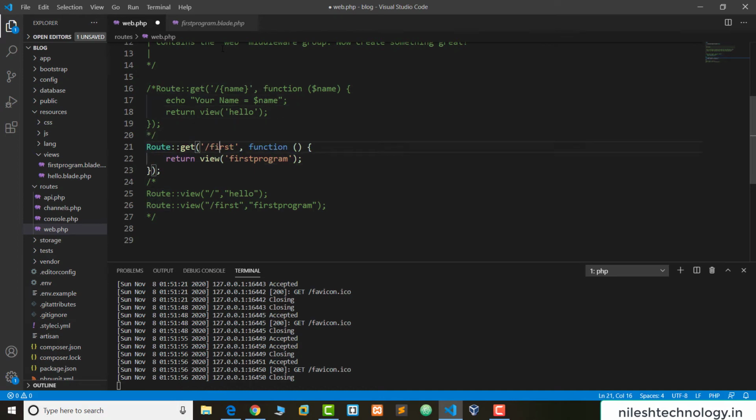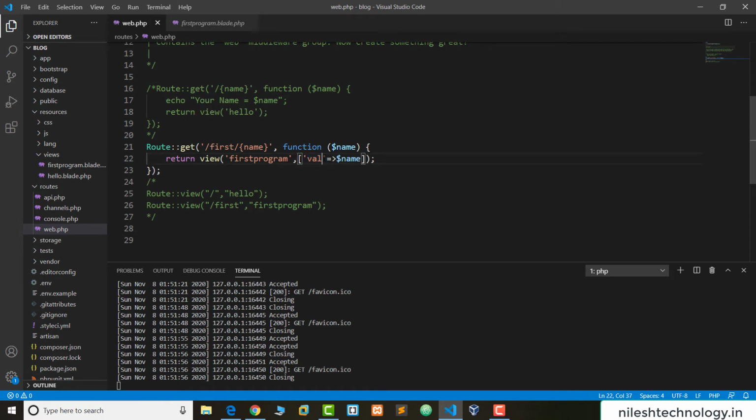So this is my first program, and we need to pass the URL parameter here, for example name, first slash name, and in the function here we are using one parameter $name, and here return view, and here we are using the first program, the program name, and there is another parameter, comma, pass the URL parameter in square bracket. So in single quote val is equal to this $name. So this $name is set to this variable val.